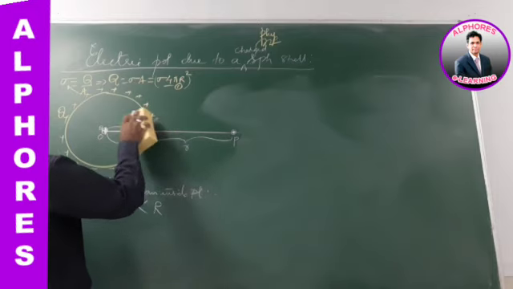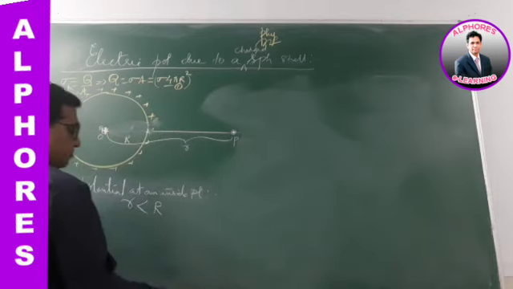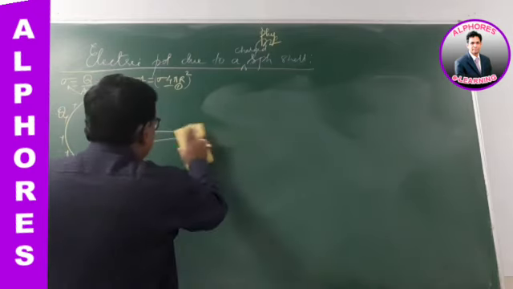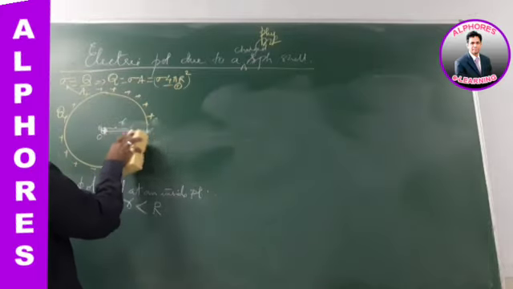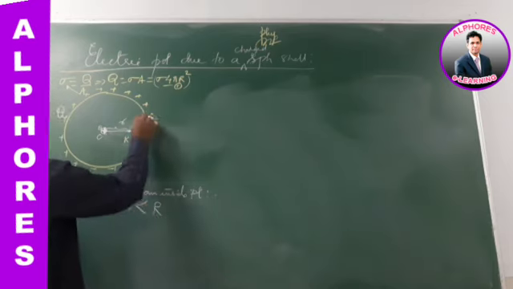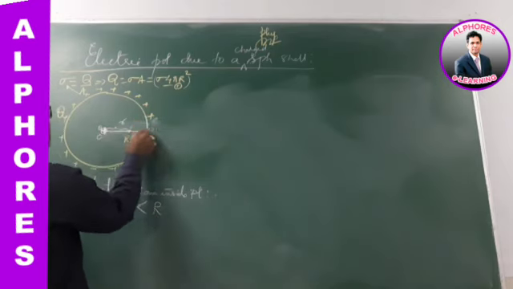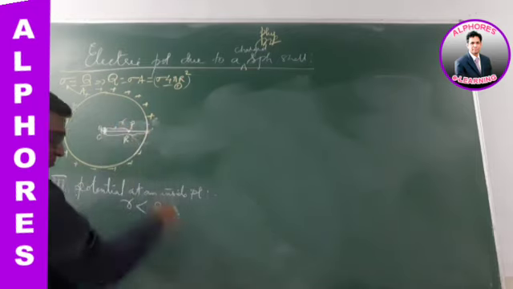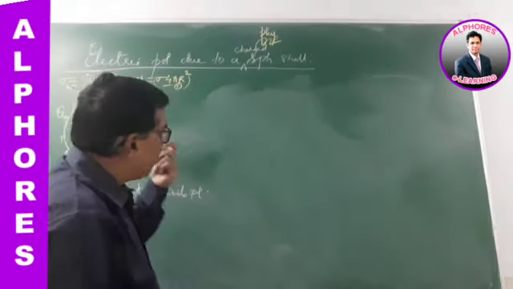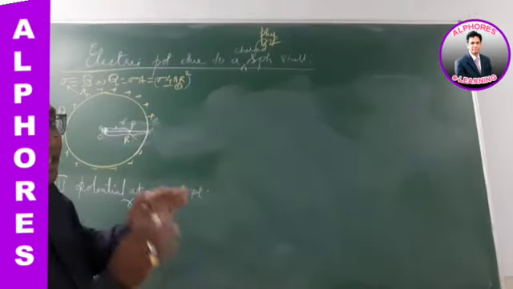Now the point is inside the sphere. The point of consideration is here, at a distance small r. Third case, I am considering the point inside the sphere, please. So this is the sphere. The radius of the sphere actually is capital R, but the point here now is inside the sphere, small r. We are asked to find the potential due to the sphere at a point inside the sphere. Well, let us go by definition.